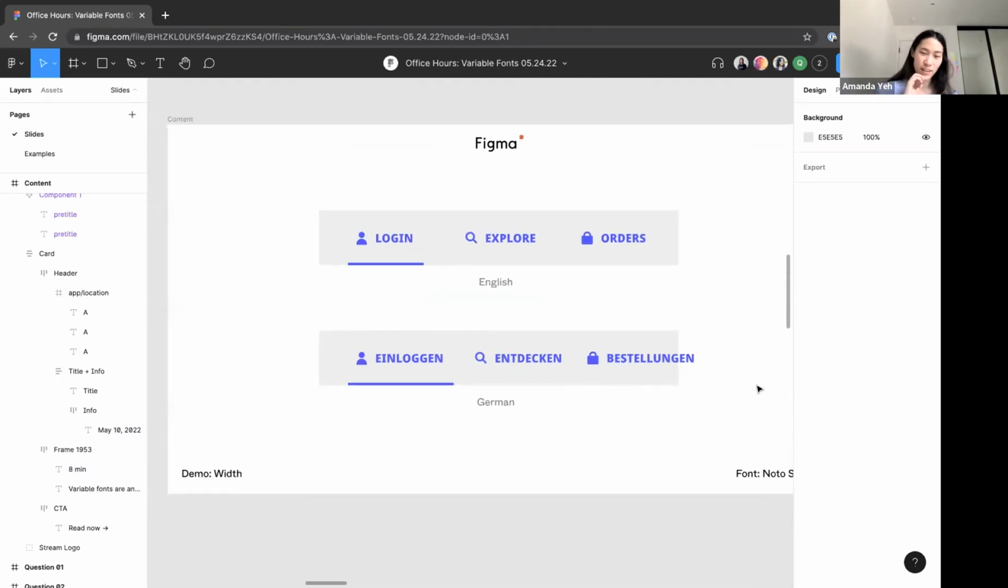Something else that's pretty cool. So width obviously changes the width of the typeface or the font that you're using, and it could also be used for internationalization. So over here we have an English menu, and at the bottom a German menu. And you'll see that the German menu is just a little bit too long. So if I wanted to use the same